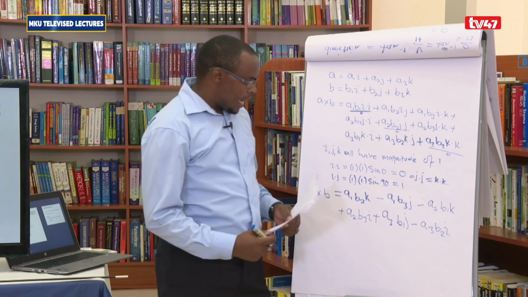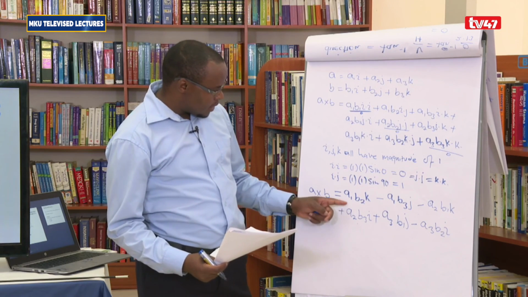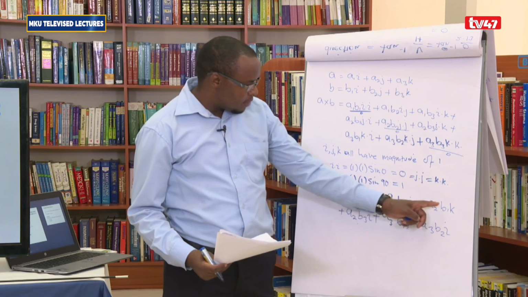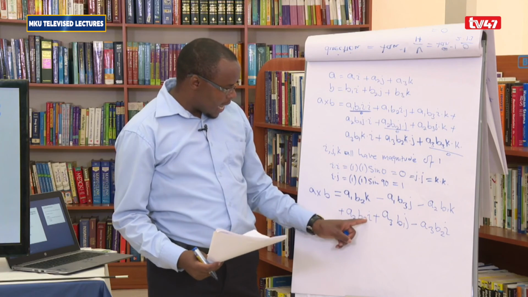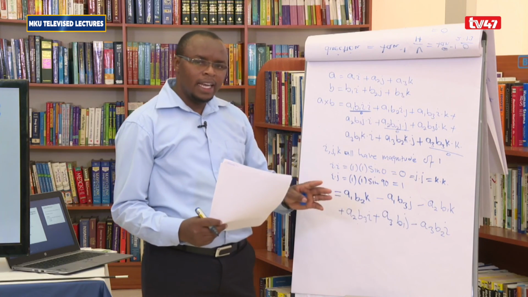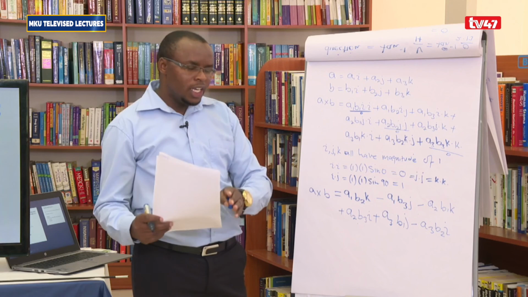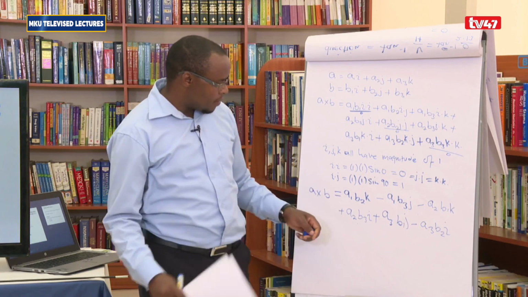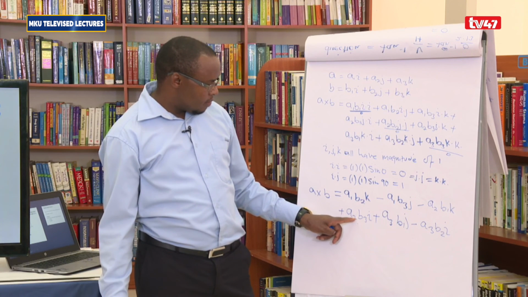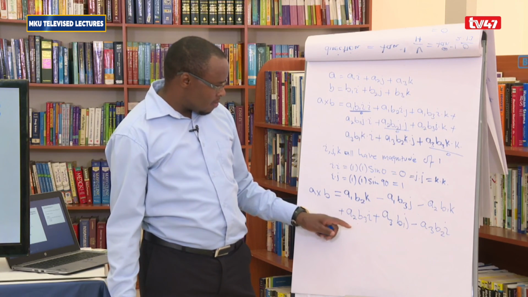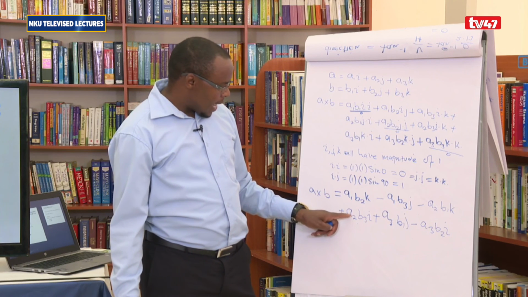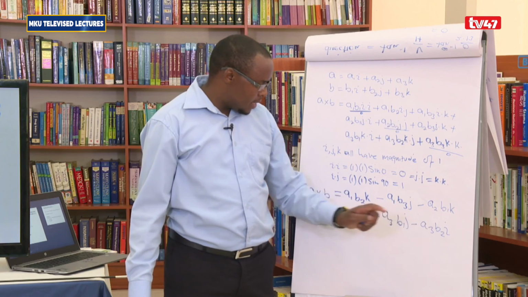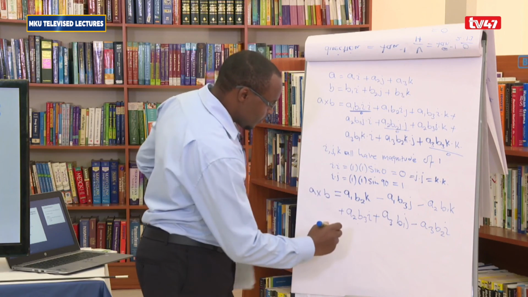And the like terms together, whatever we have is that here we have got K, here we have K, here we have K. Here we have got I, here we have got I. So we start them like we have I, J, and K. So if we start with I, this is positive here, but this is negative here, such that you are going to have